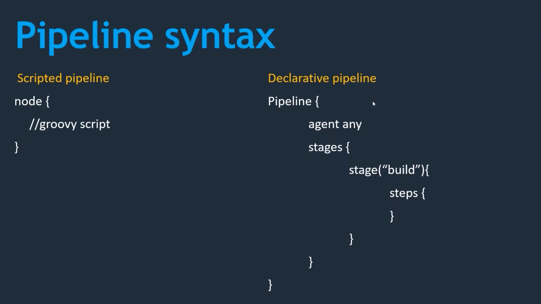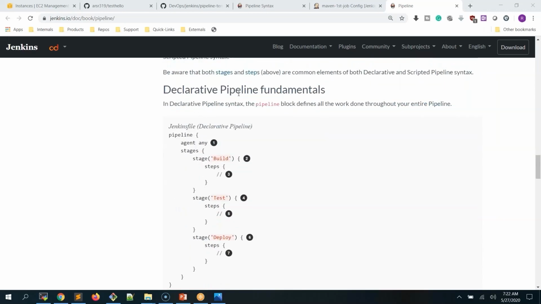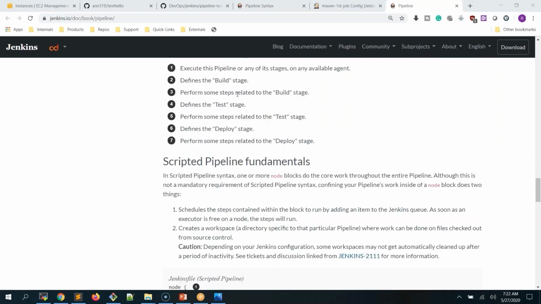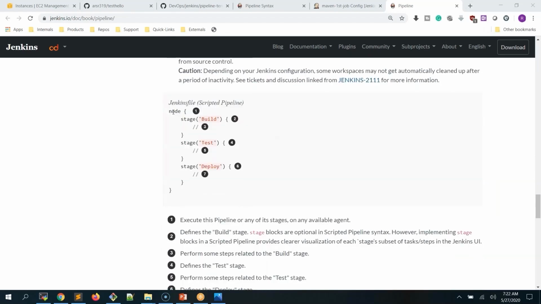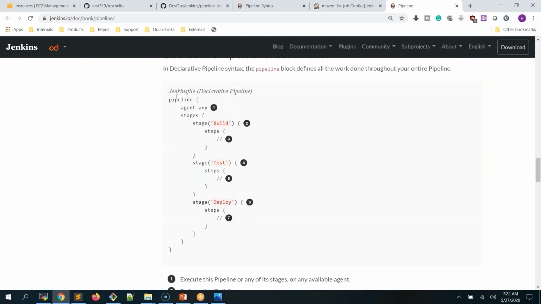Now let's see a simple syntax of a declarative pipeline. This is one of the declarative pipelines. If you scroll down, you have the scripted pipeline. In the scripted pipeline, you have node, build, test, deploy, all these steps. And here, sorry, it is the declarative pipeline: pipeline,